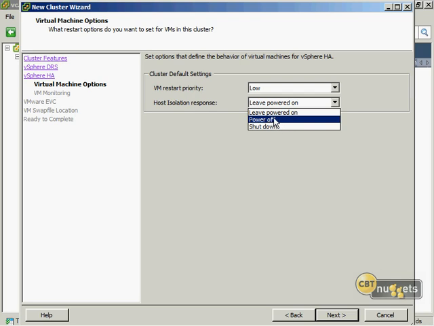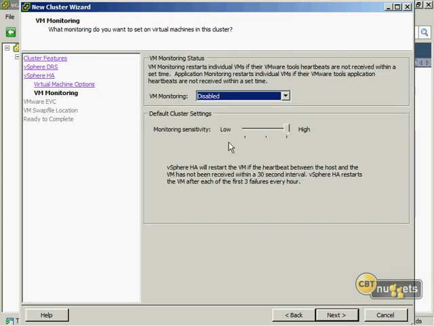It used to be the suggestion was to shut down those VMs. Now, because of the heartbeat data stores, generally we leave them powered on. Host isolation response is you have either experienced an isolation event and hate it, or you've never experienced it. It's a really painful day. Over here, I can choose, okay, I'm not concerned about the virtual machine so much as the stuff inside the